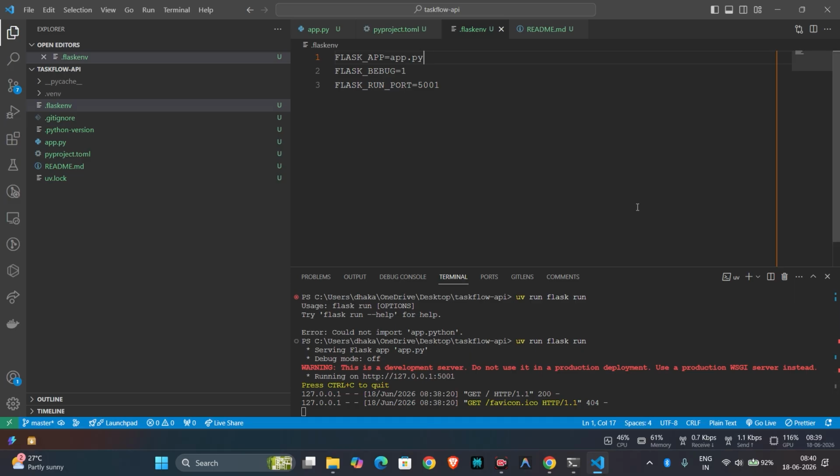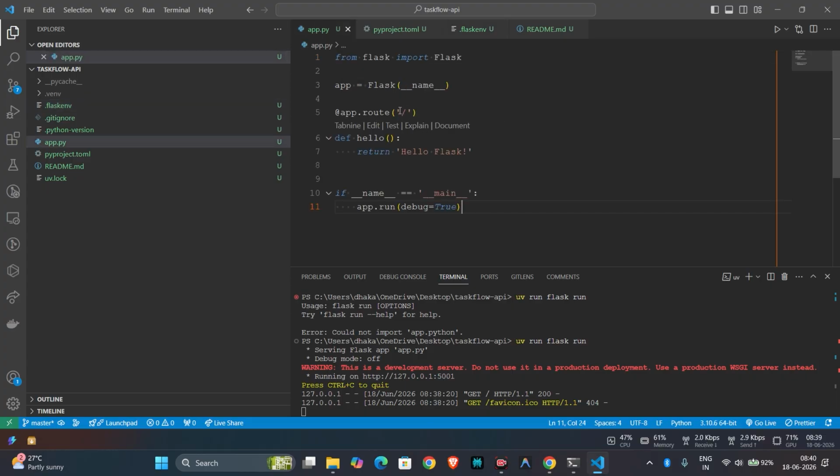So now we will continue with routing. Routing maps a URL to a Python function. Like here you can see in the app.py, this is routing, right? This maps to the function, and supports query strings and multiple HTTP methods. So this is the foundation for every Flask API. So we created this here. Next we will create